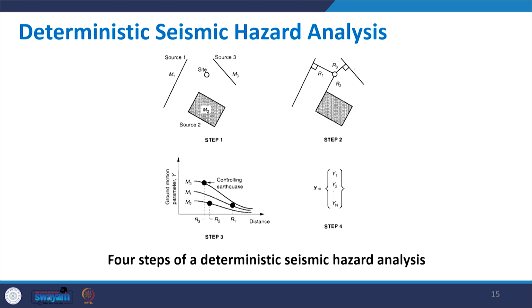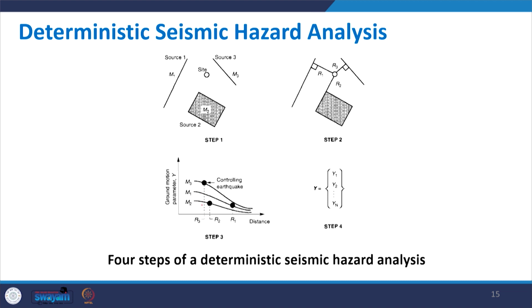Now, in the third step, you have 3 magnitudes M1, M2, M3 and R1, R2, R3. You put these data on a graph, and on the x axis you have distances, which are given as R1, R2, R3. You could see R1 is the maximum in this case while R3 is minimum. And because these sources do not have the same size, let us say we selected the characterization as the magnitude of earthquake, M1, M2, M3.